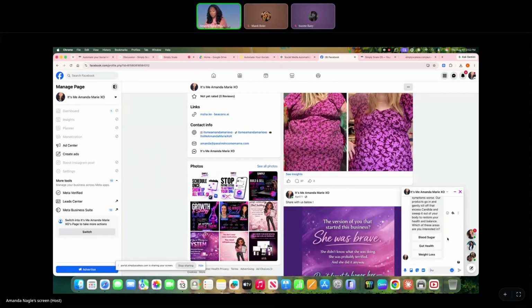And then it says, well, what symptoms do you want to work on first? I'm going to say weight loss. Okay, got it. Interested. And then it sends, if you're interested in blood sugar, and that one will send to that, I will start the conversation there personally. If I do this, it's going to send a video. I think I might have mixed up which one it was, but it'll send you a video on things.